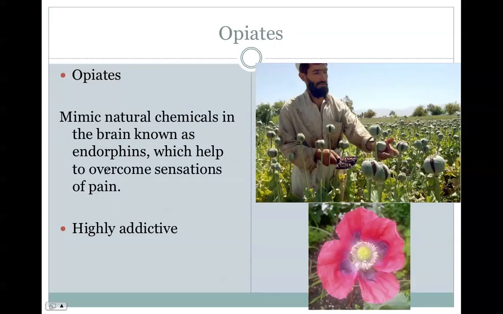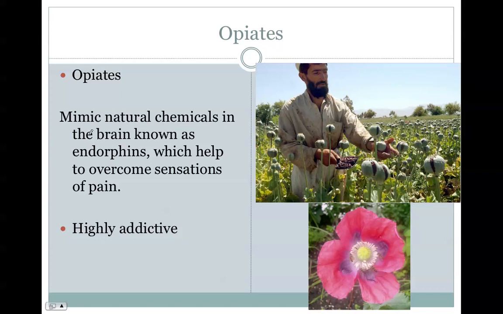The last slide, and the last thing we'll talk about in this short segment, we'll talk more about other substances in class, is the opiates. And so this is related to poppies. It is a poppy, and here's the flower. And this is a big trade coming out of Afghanistan in that region of the world. Supplying most of the world is Afghanistan, I believe.